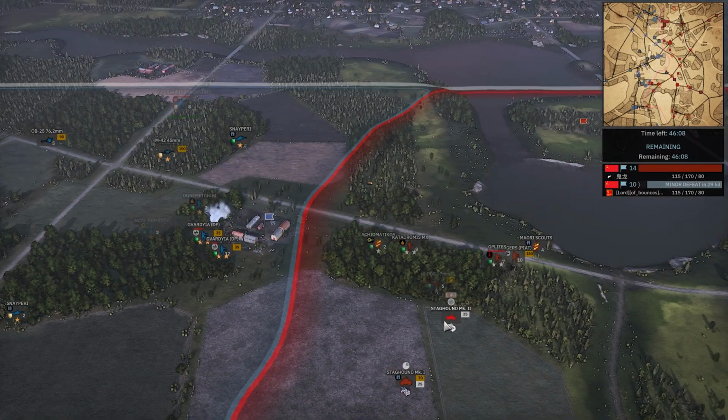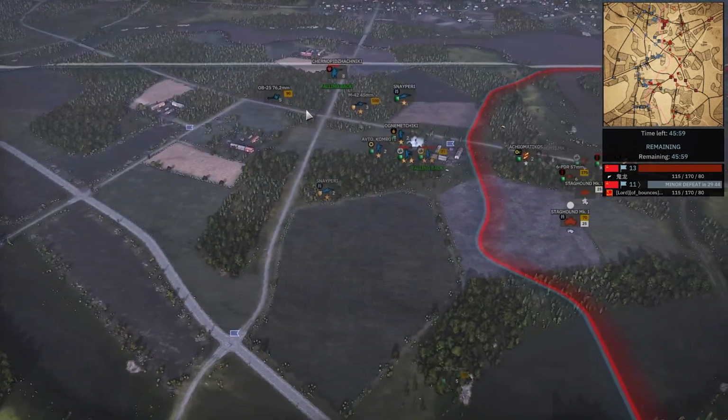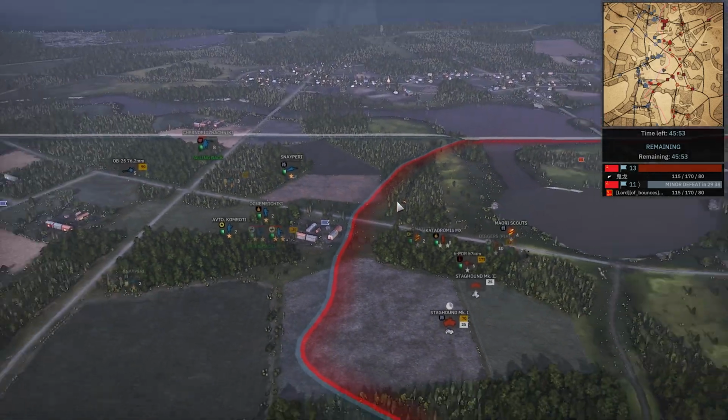Guardian DP getting hit by Staghounds. Needs to fall back because the HE1 will do a lot of damage. Doesn't look like he's... No, there you go. He has noticed now. T-34 coming in. I guess the T-34 up here died, or he deleted it before it came in. I don't see a dead one, so...